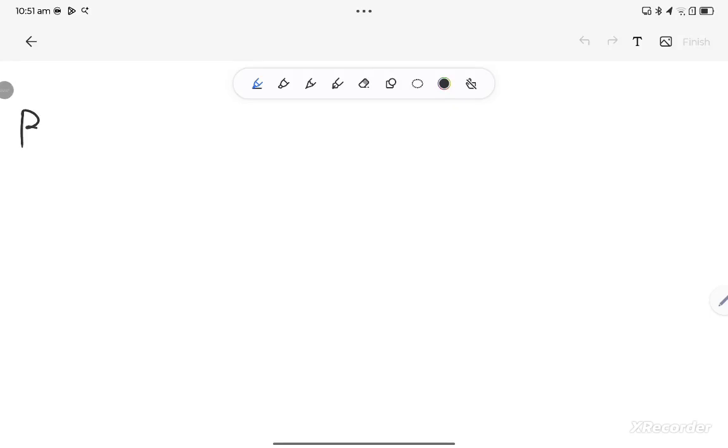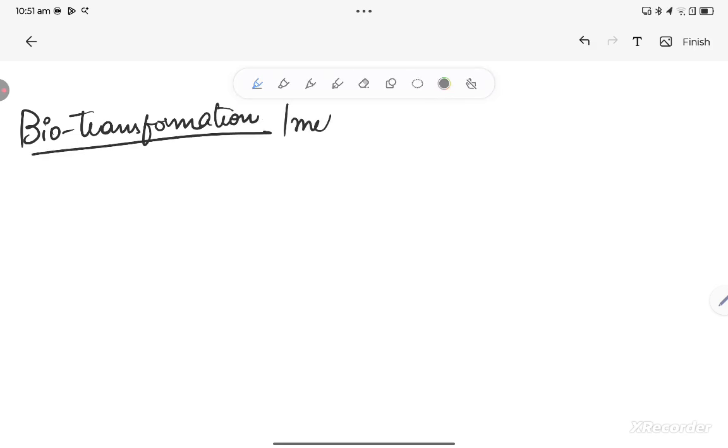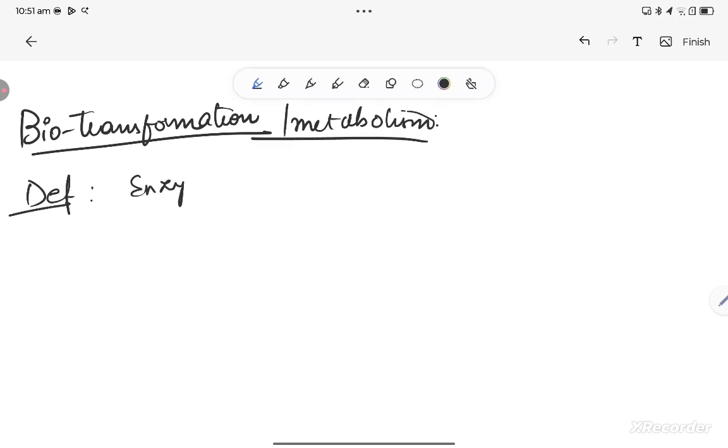Hello everyone. Today we are going to talk about biotransformation. Previously, this is known as metabolism, but now it is called biotransformation. What do you mean by biotransformation? This talks about enzyme mediated chemical transformation, chemical change, mainly of the drugs in our body, mainly to make our